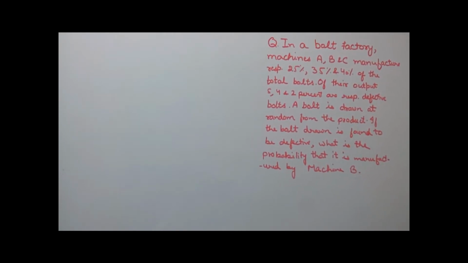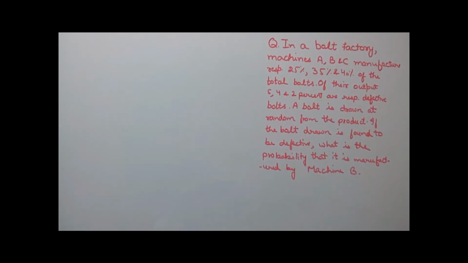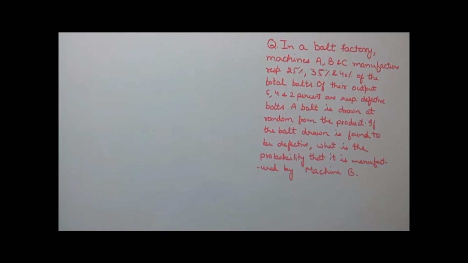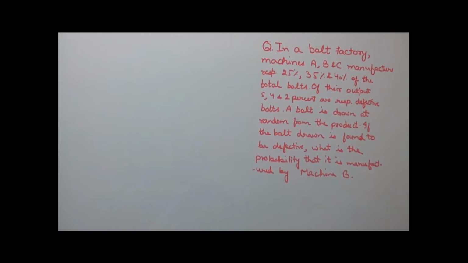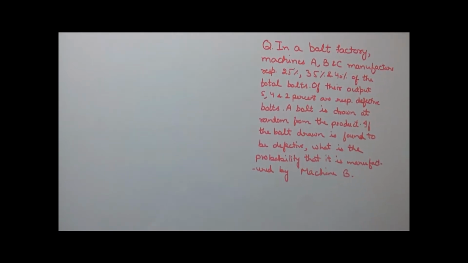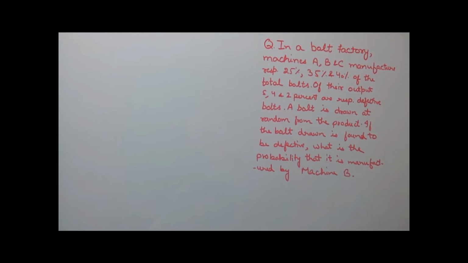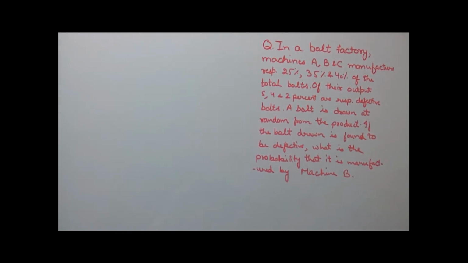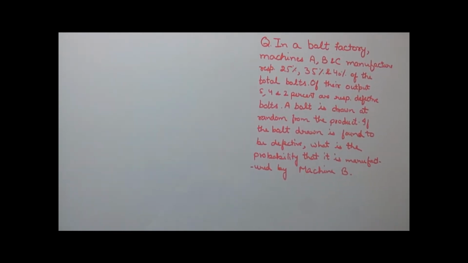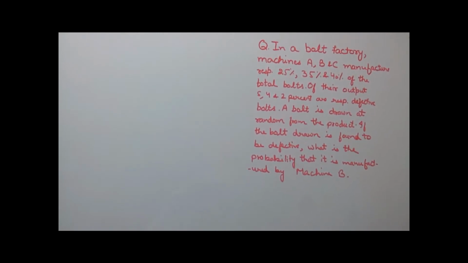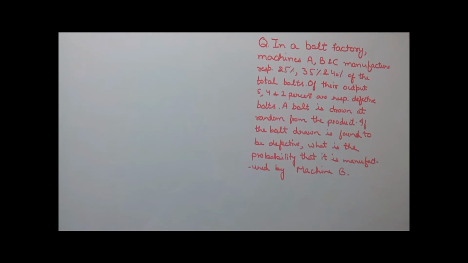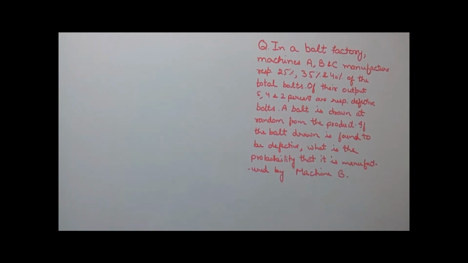In our previous class, we discussed Bayes theorem with some examples. Today, let's discuss some more complex examples. To revise, Bayes theorem is a simple mathematical formula to calculate conditional probabilities, where S is the sample space and E1, E2, E3 up to En are mutually exclusive events, and A is any event which occurs from these events E1, E2 and so on.